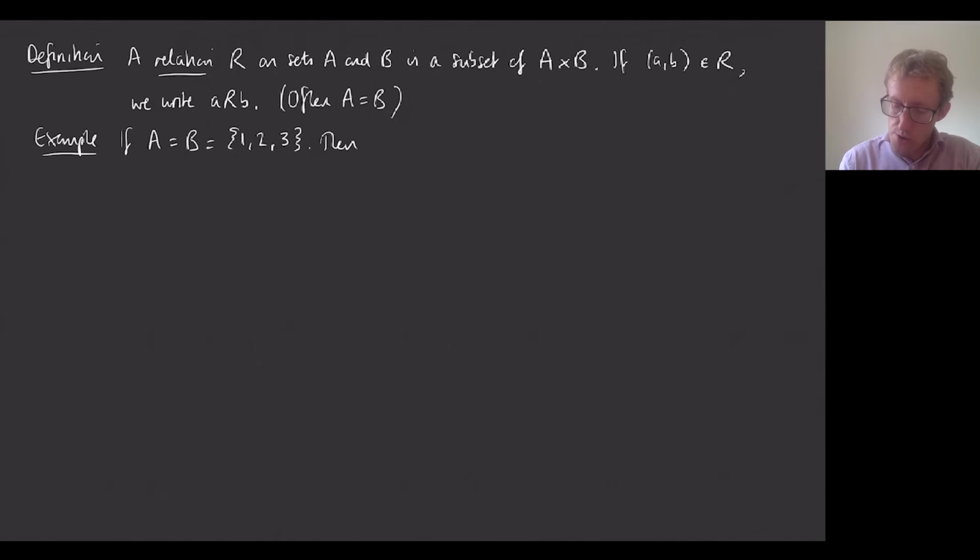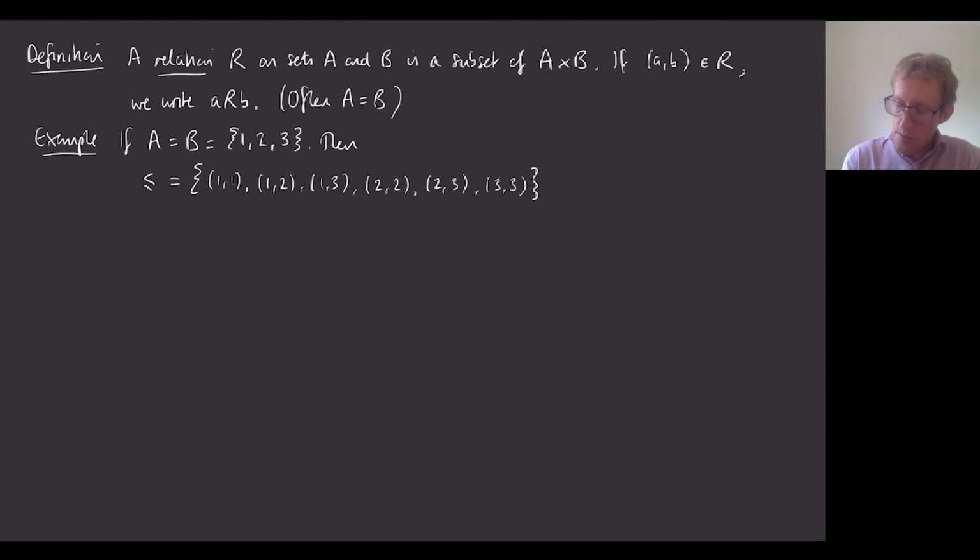Then we're going to define less than or equals to, which we kind of know how to define. We talked about that in the first lecture. But with this definition, as a relation, this is going to be defined to be a subset consisting of ordered pairs, and it's the ordered pairs for which the first element is less than or equal to the second element. So it's going to include (1,1), because 1 is less than or equal to 1. It's going to include (1,2), and it's going to include (1,3). It's also going to include (2,2), (2,3), and (3,3). Right, it's all of the pairs where the first number is less than or equal to the second number.